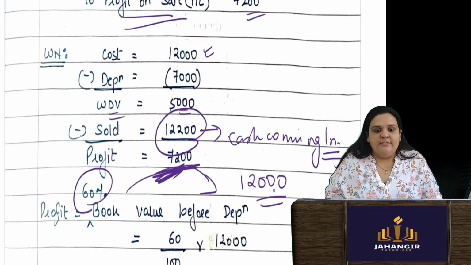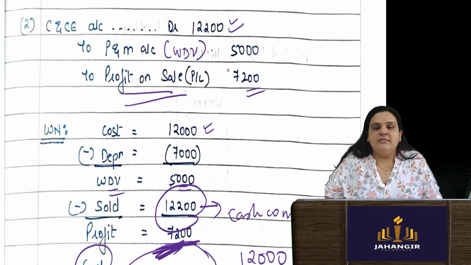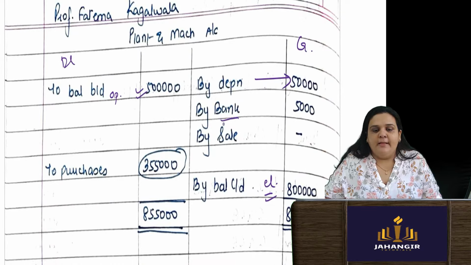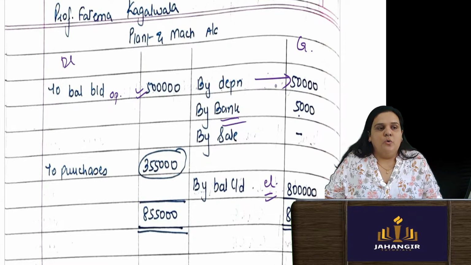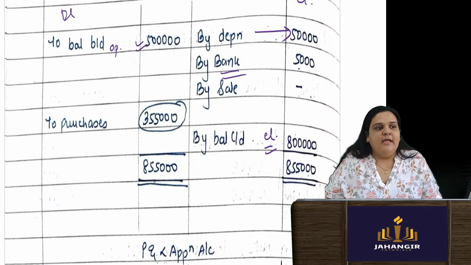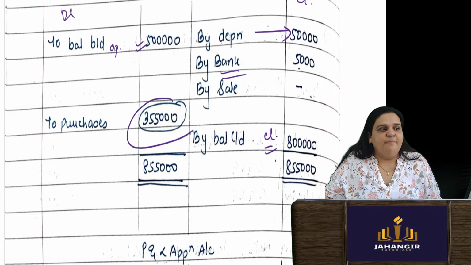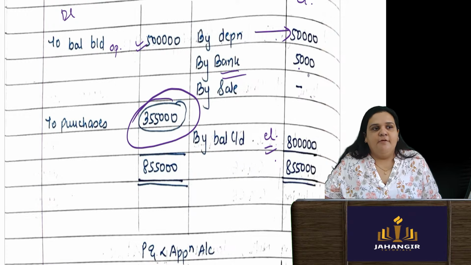Right? Then there is one more journal entry. I got some money, no, due to the sale of this plant. So how much plant has gone out will go, no, in the ledger. Right? It will go on the credit side. By bank, I received money on that. Correct? So opening, closing and all this journal entry when I will pass, I'm getting a credit balance. That means I have purchased more machine.